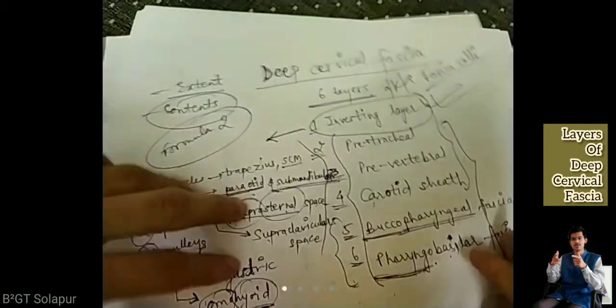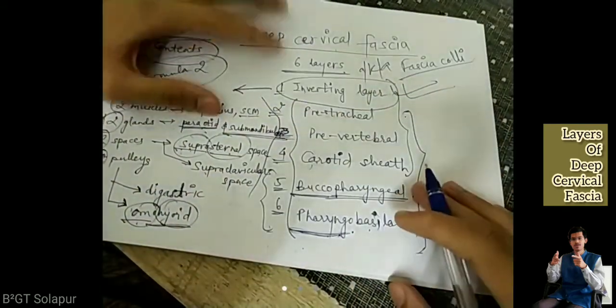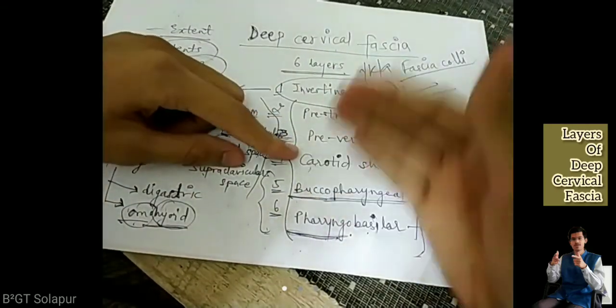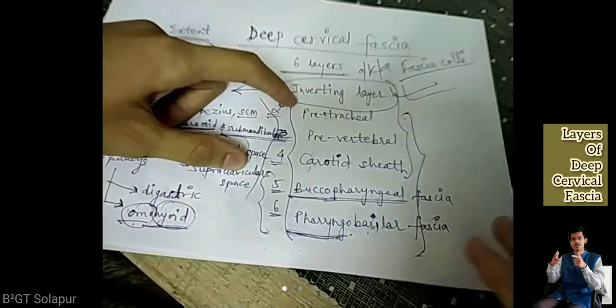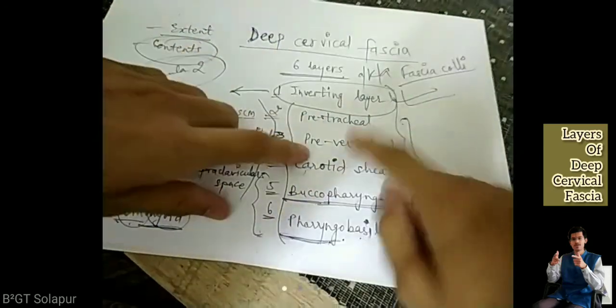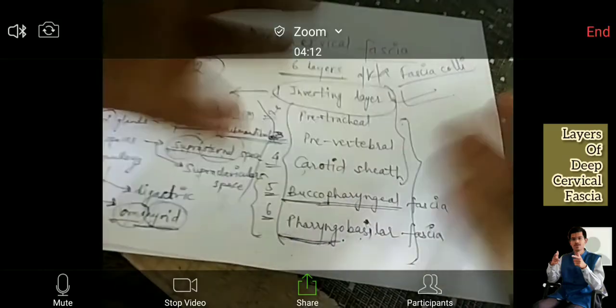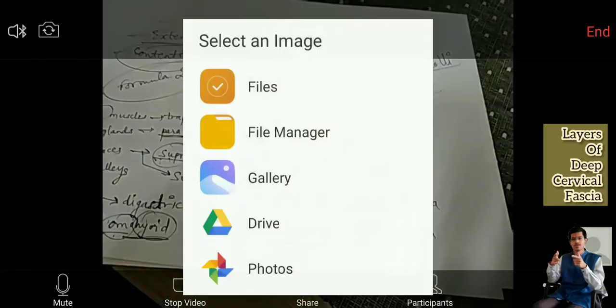So now this is already done. We are going to talk about pretracheal fascia. But for these 5 to be understood, it is very essential that you first understand the interpositioning of these 6 layers. By interpositioning, I want to explain how they are positioned with respect to each other. Inter is not exchange.